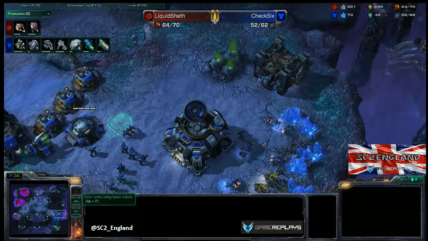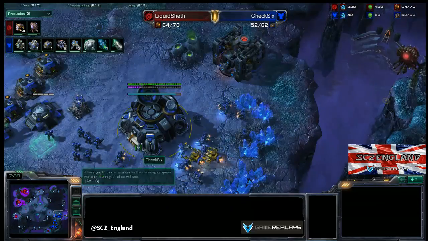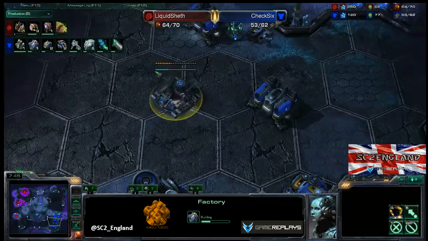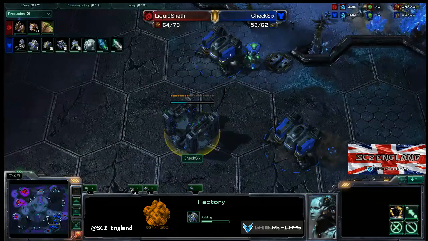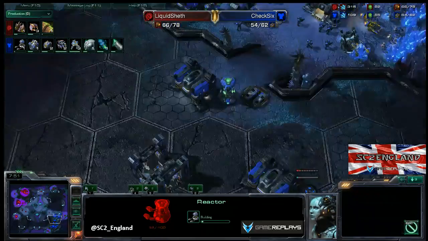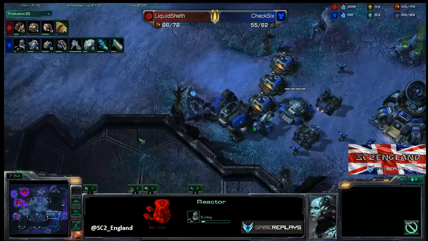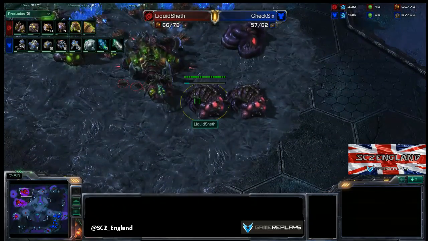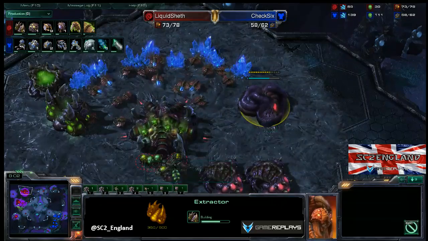Meanwhile, CheckSix is getting his 3rd refinery up, and just getting more barracks. No, actually a factory, sorry. Do apologise for that. Getting a factory up. He's on 3 barracks, 2 with a reactor, 1 with a tech lab. Stim is about 2/3 done, and Sheth is getting his own 1/1 upgrades for those Zerglings,